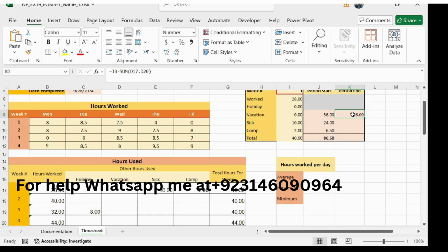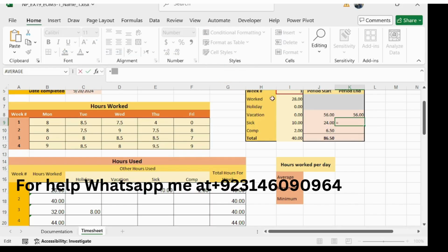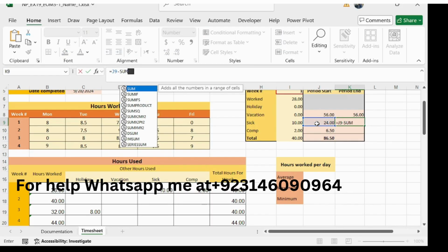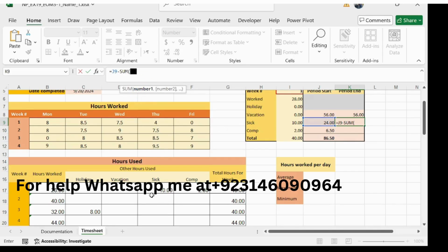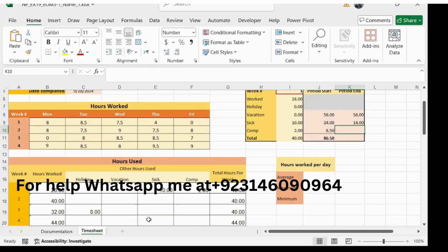Now our step number 9 is in cell K9. This is cell K9, enter a sum function that calculates the total of the range and subtract it from J9. So type is equal to and select J9, subtract from sum, type sum and select the range E17 to E20. This is cell E17, select the range to E20 and close the bracket and press enter. So we have got our value.